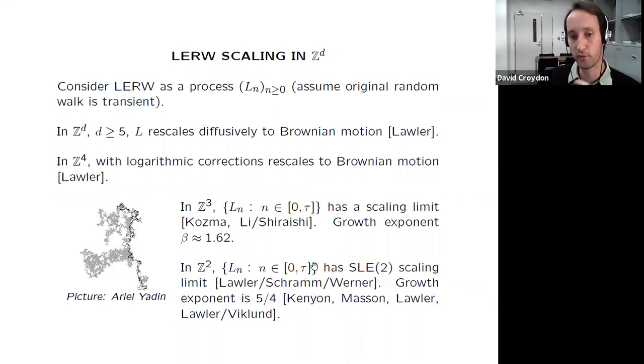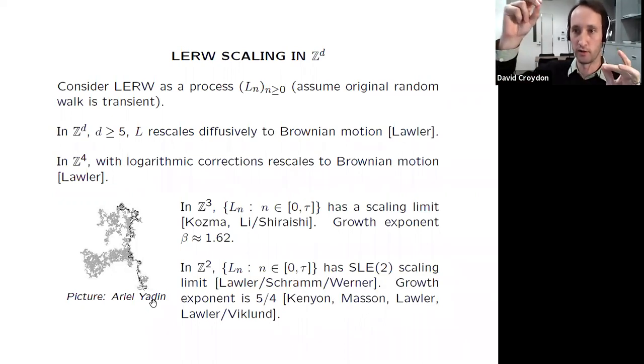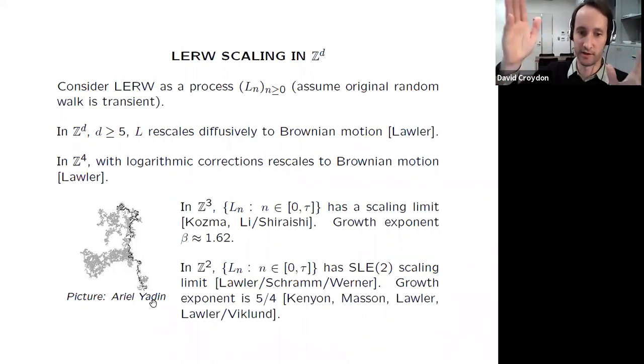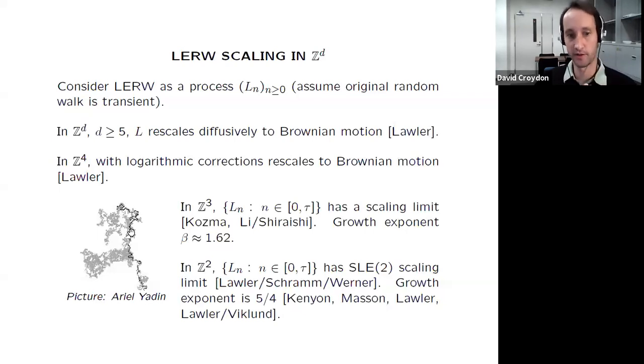And I should say that the sense in which they proved this is in the sense of compact sets. Namely, let's suppose you take 2 points distance n away, you rescale things down so that they have distance 1 away. Then if you look at the shape of the curve, this converges in the sense of Hausdorff distance between compact sets to a random compact set, which is just the shape of an SLE2 curve. So if you don't know what that is, it doesn't really matter. For this talk, you can just think of this as the scaling limit of this random path.